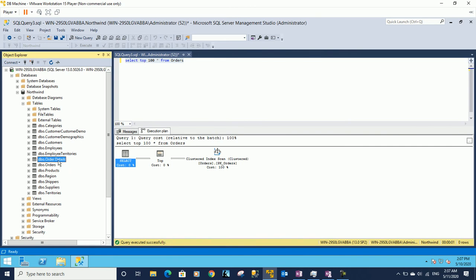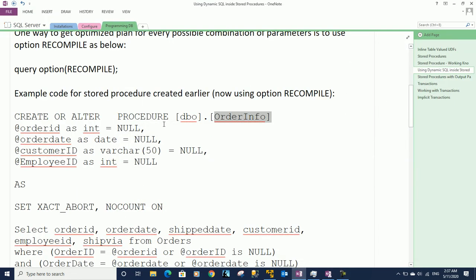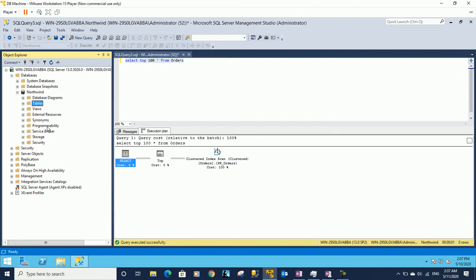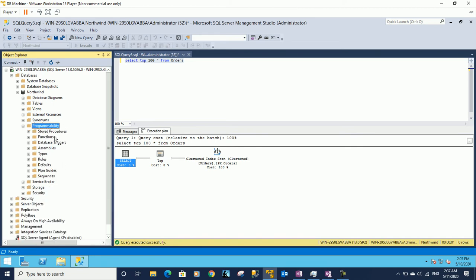There is the order details table. So yeah, we can equate order info with the order details table. Same thing. Alright, so let's look at the stored procedure. We are talking about stored procedures, and we started looking into the tables. So yeah, stored procedure is different and we can find stored procedures inside the programmability section,